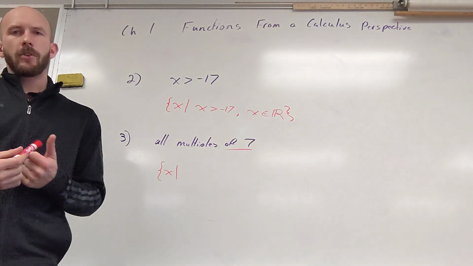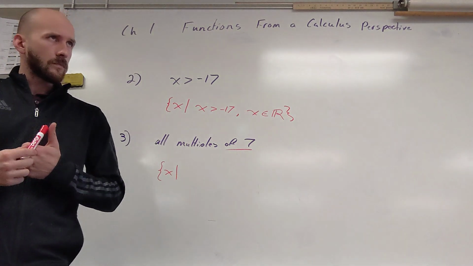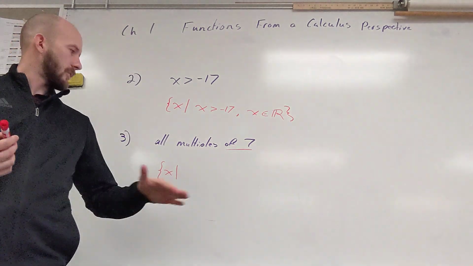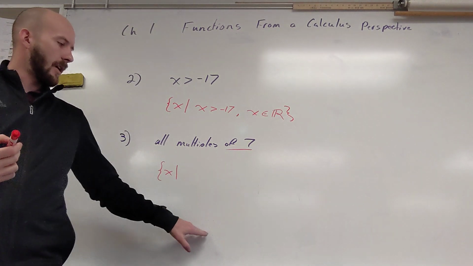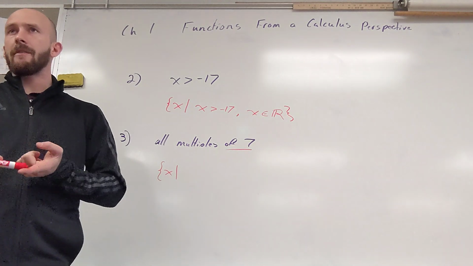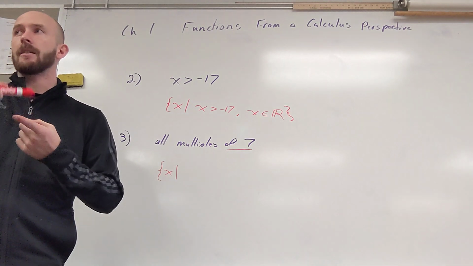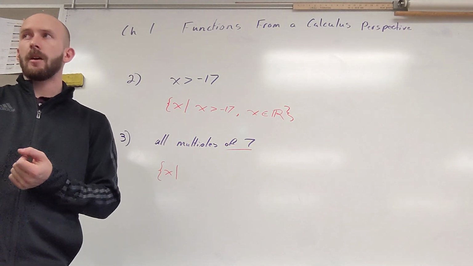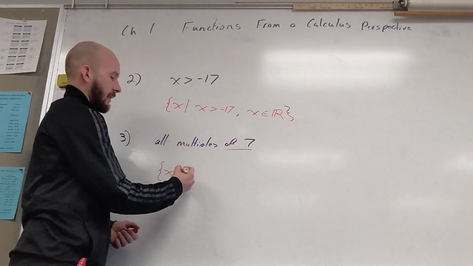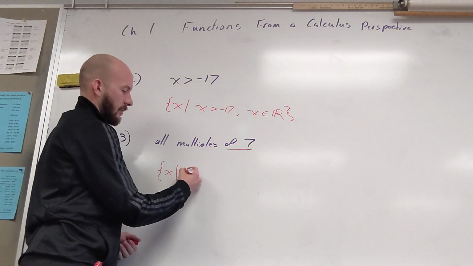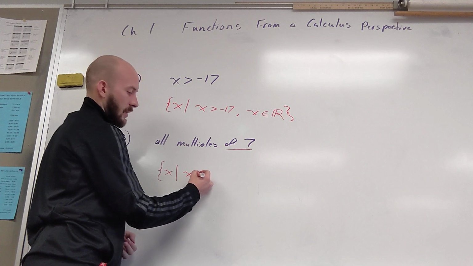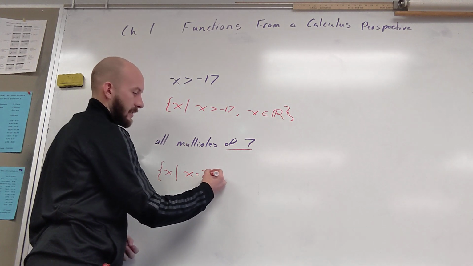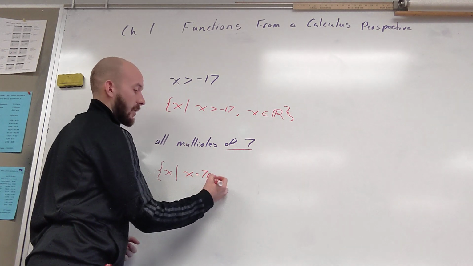And how we generally do that is if x, so all of our elements x here, if they're all multiples of 7, that means they have to be 7 times something. So what we're going to do is x is equal to 7 times a number n,